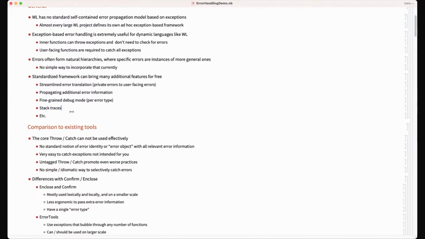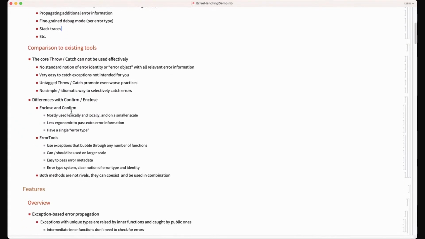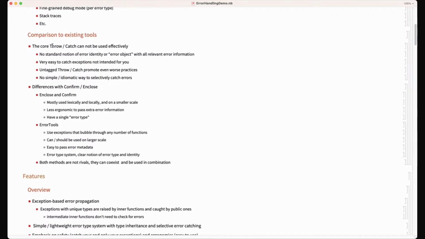So basically, this is an attempt to both standardize and implement things. And on the other hand, we try to be minimalistic, in the sense that we tried not to invent too many new things. We tried maybe to improve existing things and only introduce new things when absolutely necessary. And so here is the list of basically how this compares to what we already have. So the first thing to notice is that Throw and Catch by themselves are good primitives, but they're a bit too low level for this purpose.